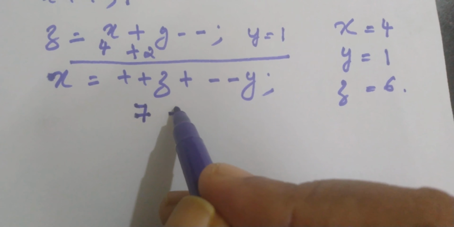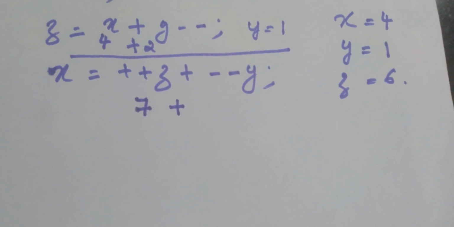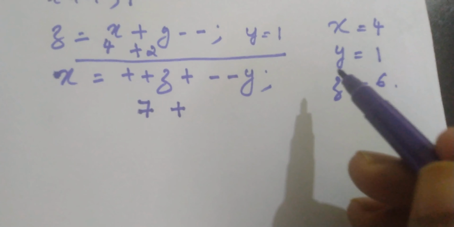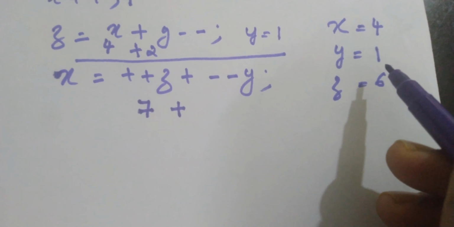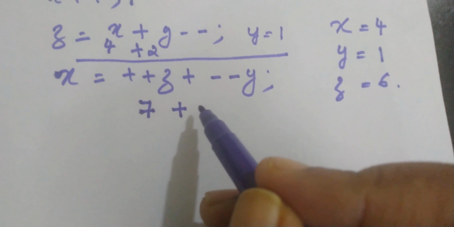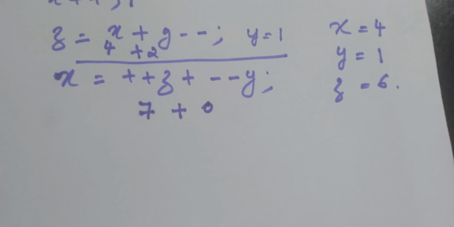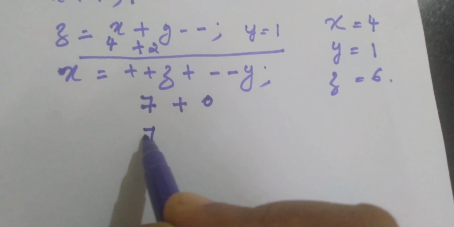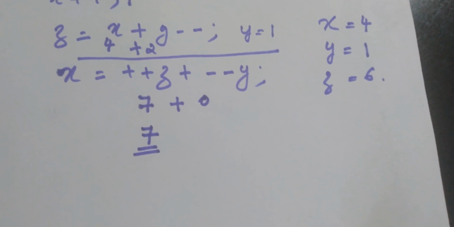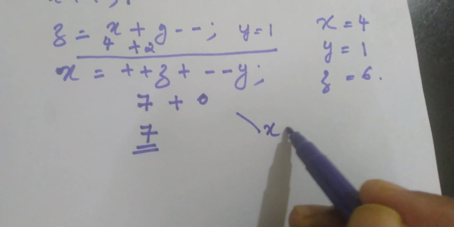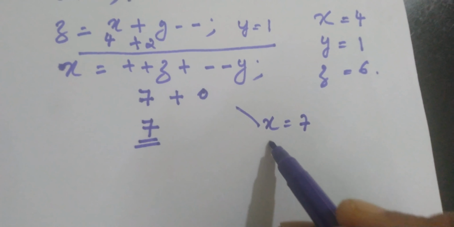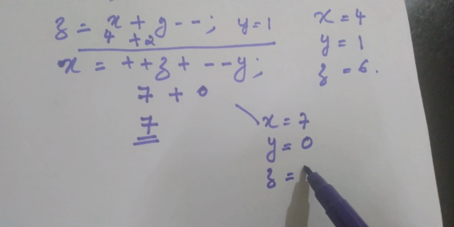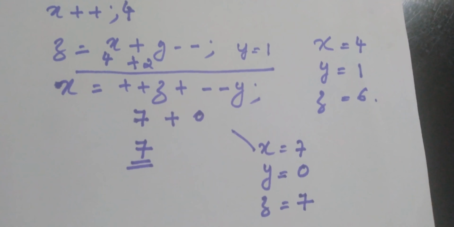And what happens in the case of y? y also has a pre-decrement operator. So the value of y is 1, y gets decremented to 0, and 0 is given to the expression. So x equal to 7 plus 0, that is, x becomes 7. So after this expression, when x is printed, we get the answer 7, in the case of y the answer will be 0, and in the case of z the answer will be 7. Okay, hope it's clear.